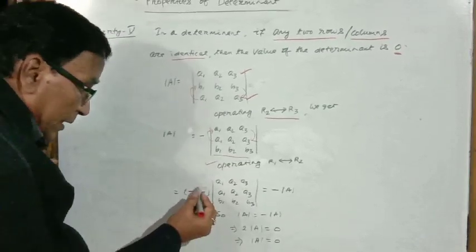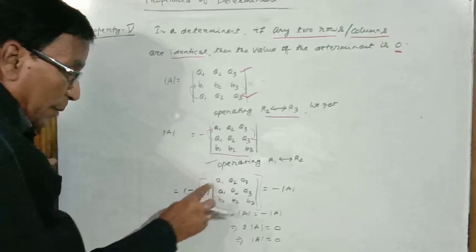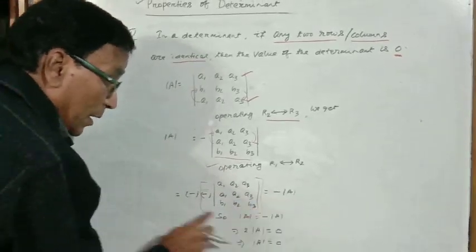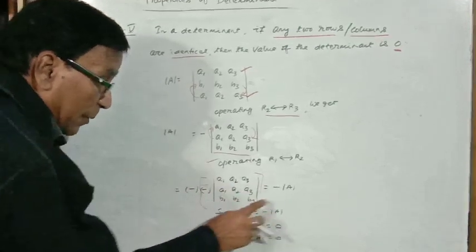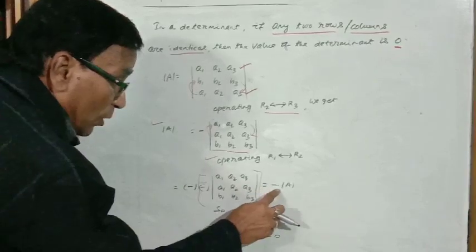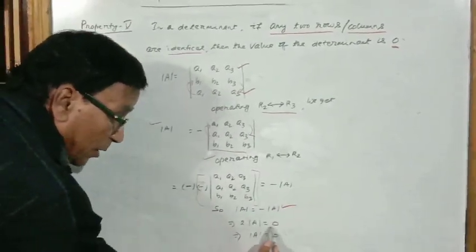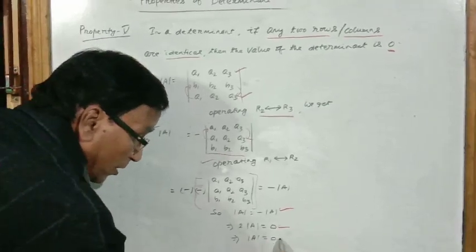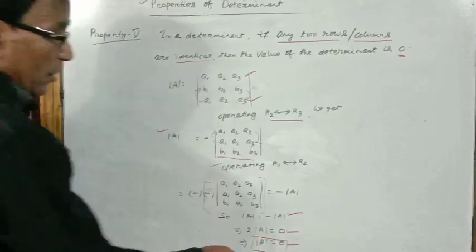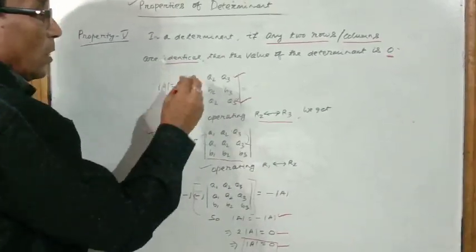So here you see that minus of determinant of this thing is nothing but the determinant of A. That means we are getting that determinant of A is equal to minus of determinant of A. That means 2 determinant of A is equal to 0. So determinant A is equal to 0. That means we have proved that the value of this determinant is 0 if any two rows or columns are